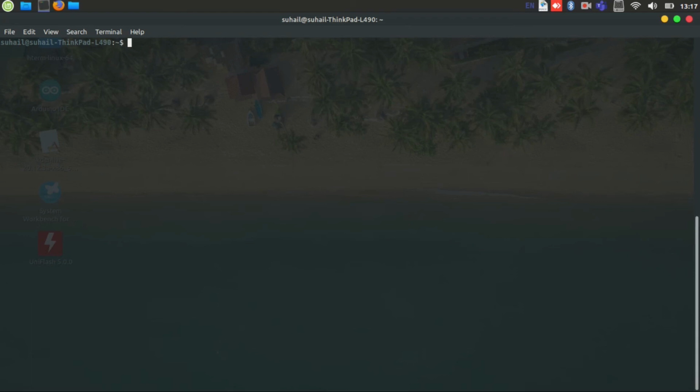So if you want to get back to the original state and disable overlayroot, what we can do is open up overlayroot chroot. Here you have to provide the sudo password, and once you are inside the chroot, you can change anything inside the root partition, which will be permanently saved.